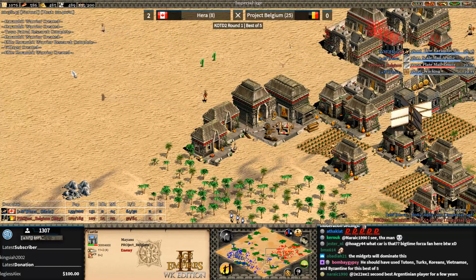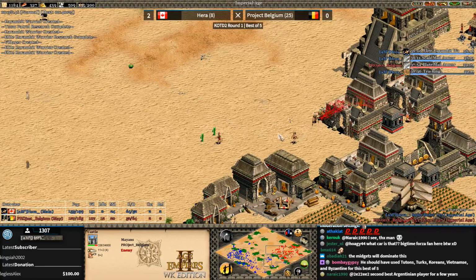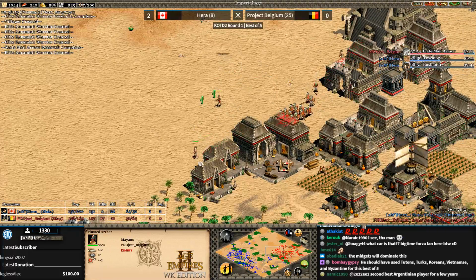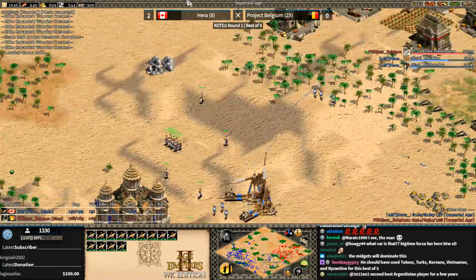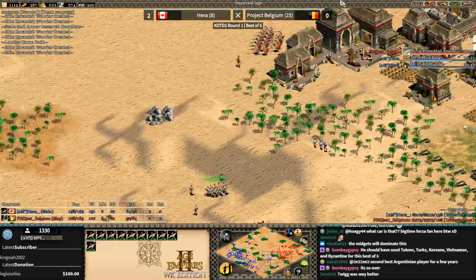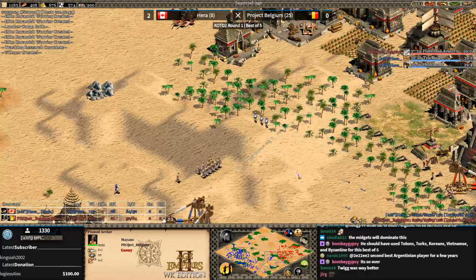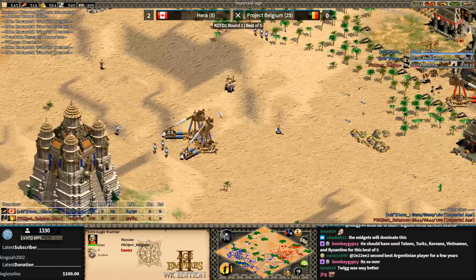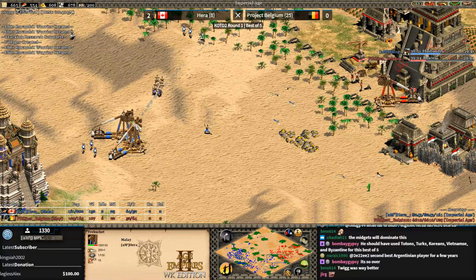So in an ideal world, this would be where Project Belgium would now make his own plumes. So he would go Elite Eagle and Plume, and if he had that, then he would kill Malay. I think Elite Eagle, Plumed Archer, if they have full upgrades and are in decent numbers, they counter everything Malay can make. But